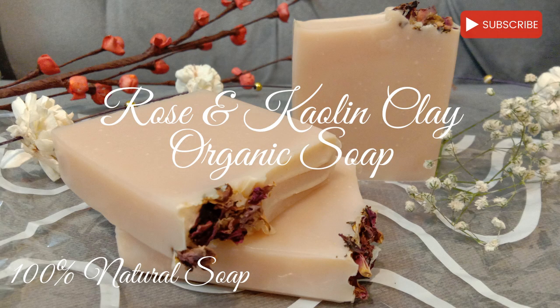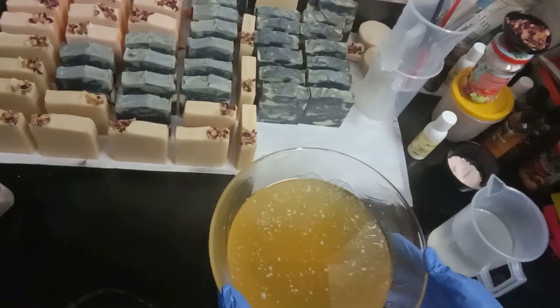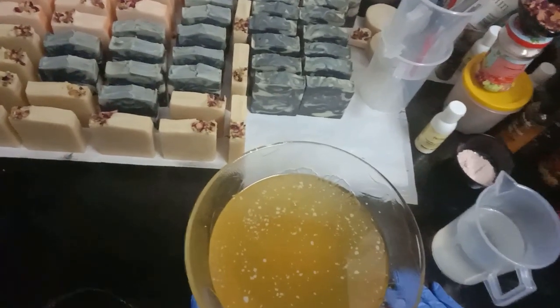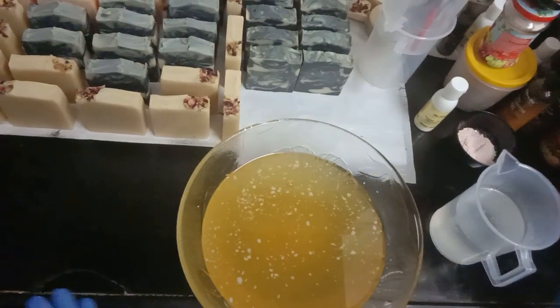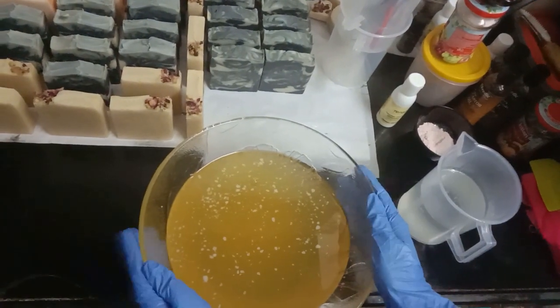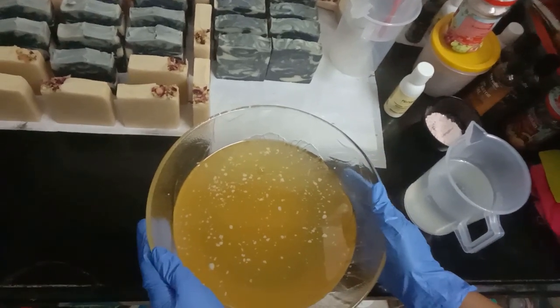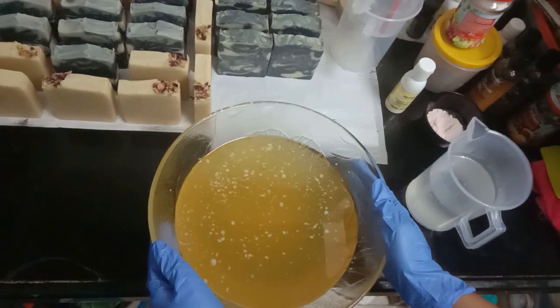Hi everyone. Today I'm going to show you how we are making rose clay cold process soap. And to make the soap we need oil and our lye solution. Now for the oils I have taken a mixture of shea butter, coconut oil, olive oil and rice bran oil,